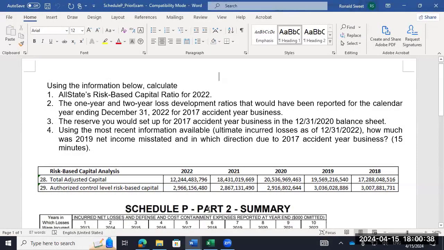So we're gonna do some exam practice tonight, but before we do it, I got to give you this first question, which is a really, really easy one. This asks us for the risk-based capital ratio. It's a real simple definition. I won't give you 2022. I'll let you calculate that. But